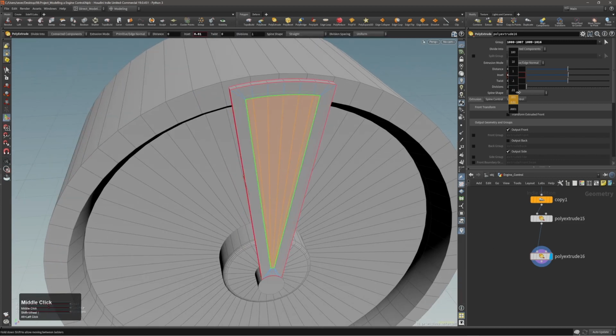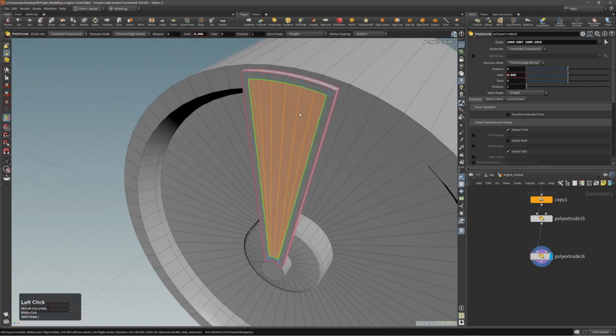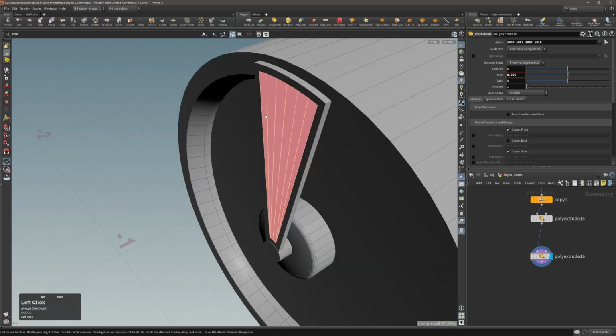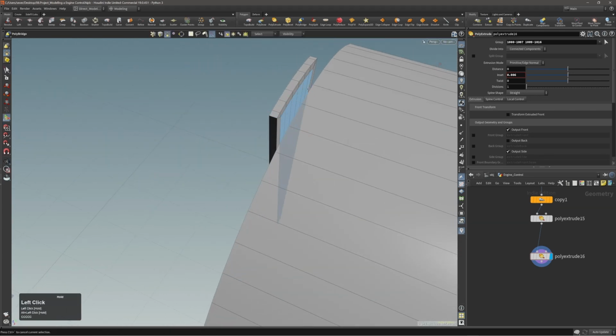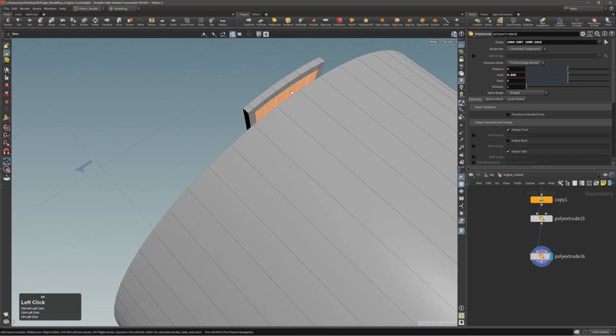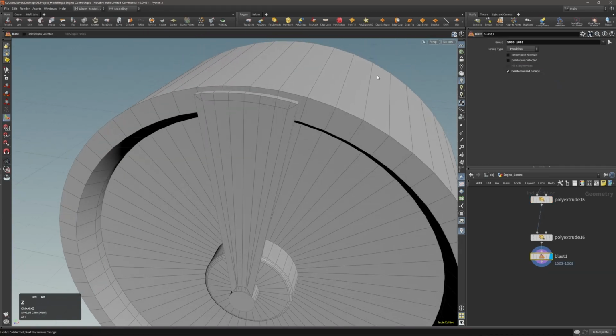So let's make this to look like this, and now with this part I will poly bridge it and bridge it to this side. Press not delete, sorry,